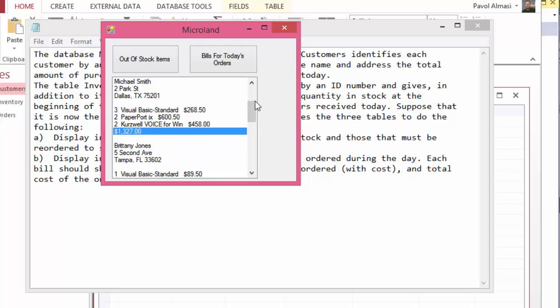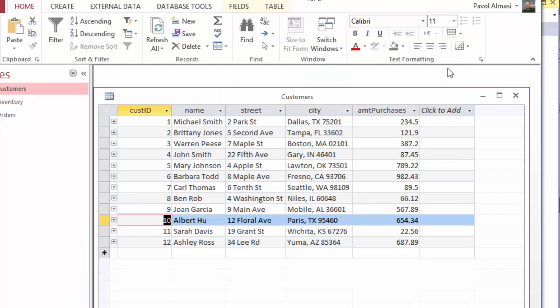So that's the code of the final program. And here is the